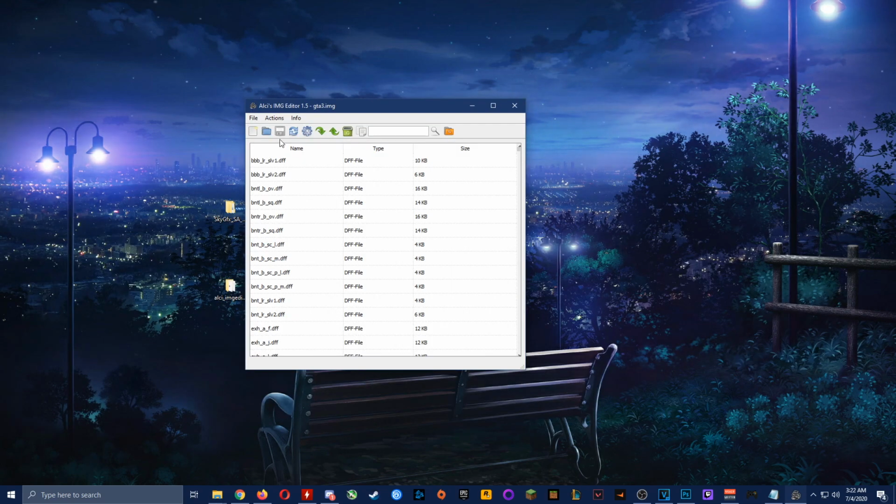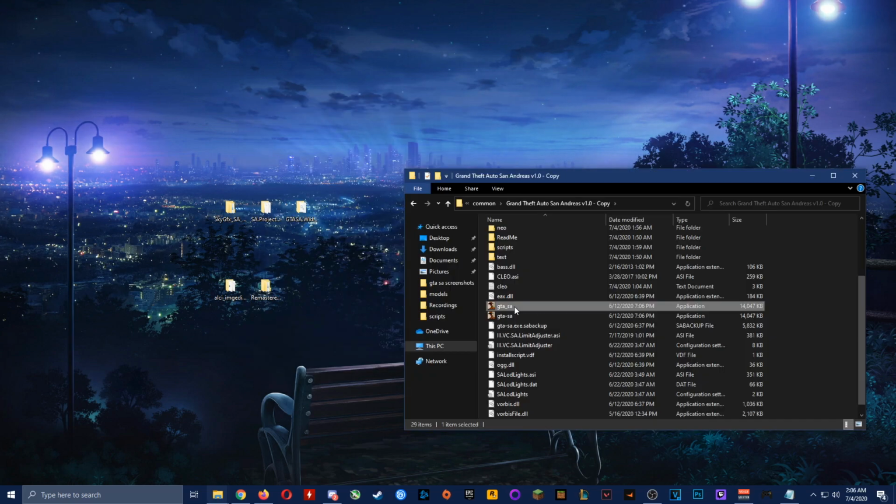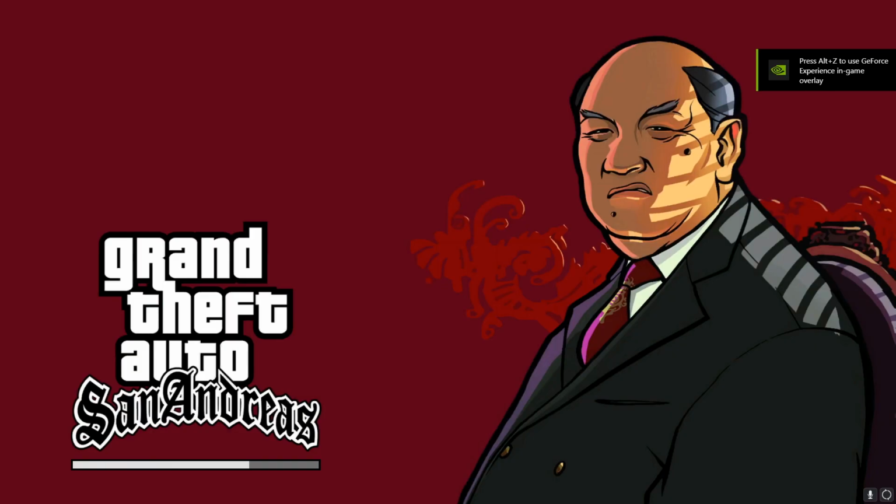You can finally exit the image editor by going to File, Exit. Just make sure that the diskette logo or icon, whatever, is not clickable. If it is clickable, then obviously save it before you exit the image editor itself. Start the game through here. I recommend 1920 by 1080. As you can see, it's loading. The loading screen is HD